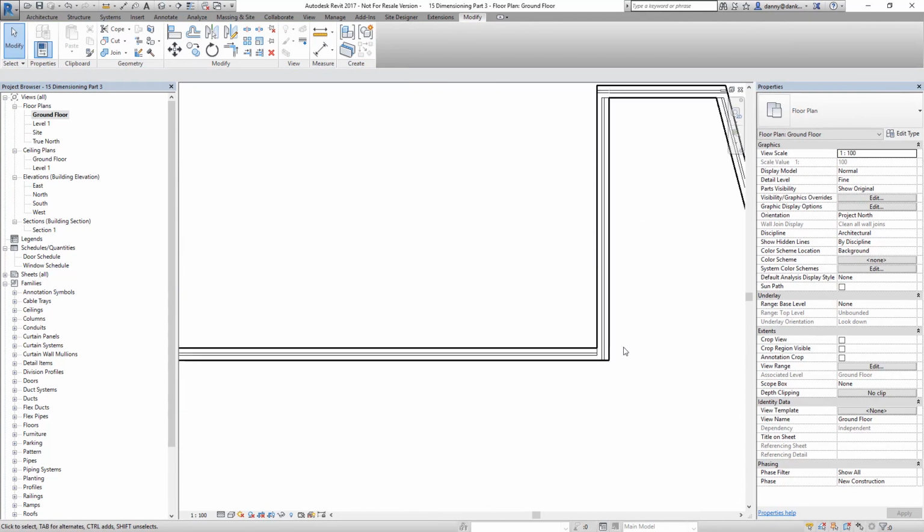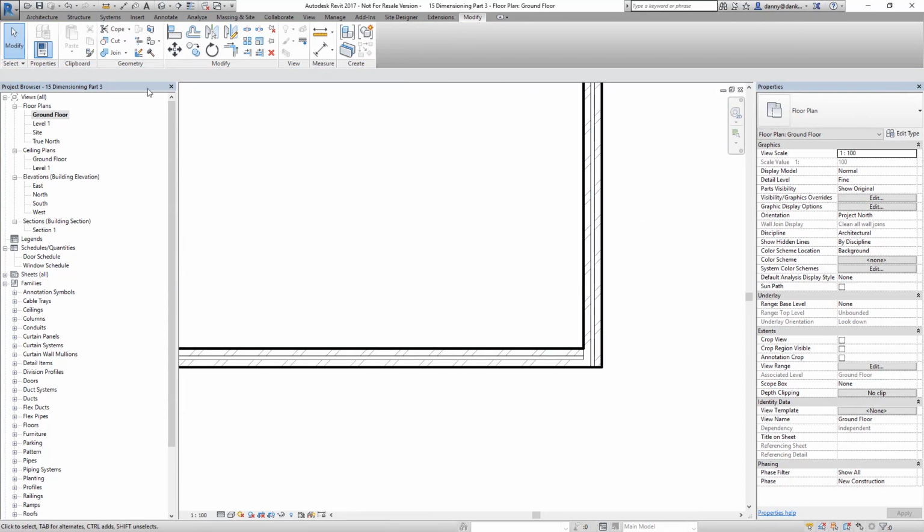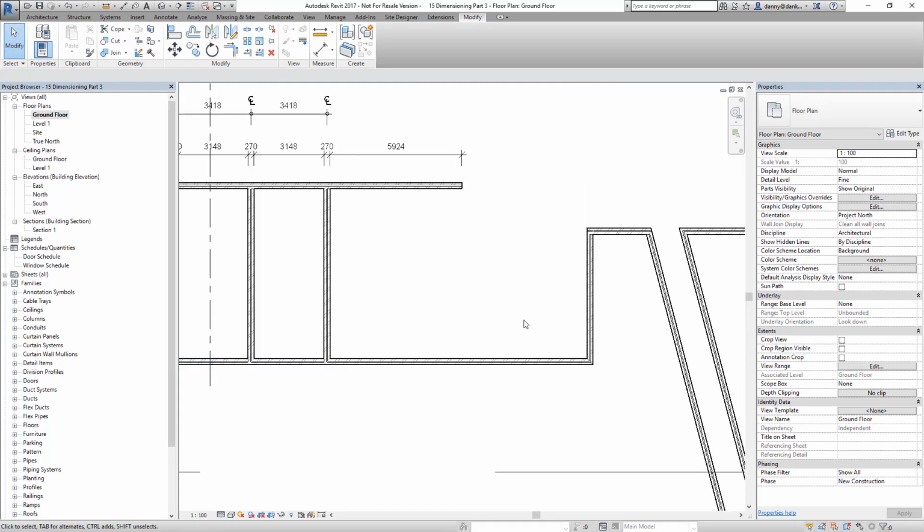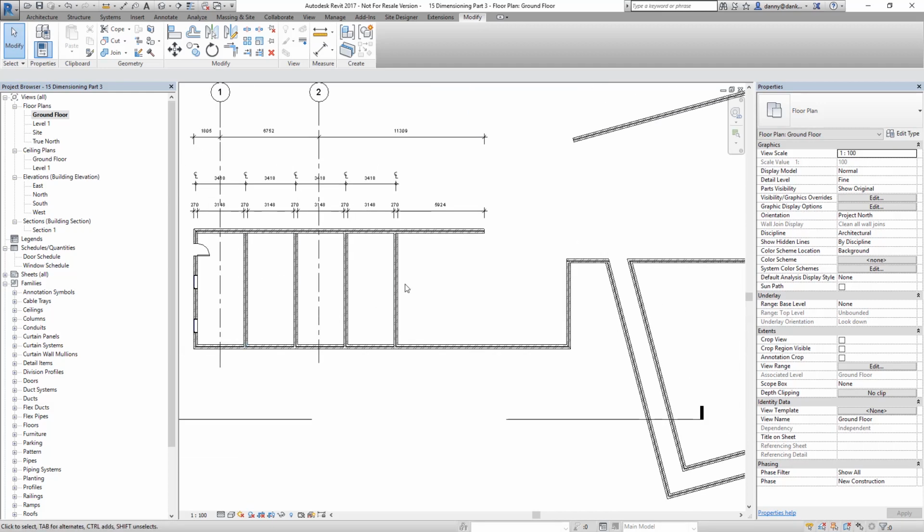So this junction over here, I want this to be a mitre. Wall Joins, click on the corner, select Mitre, and then click that, and that will turn that into a mitre joint. If I want to change the type of wall that I've got, let's say I don't want these interior